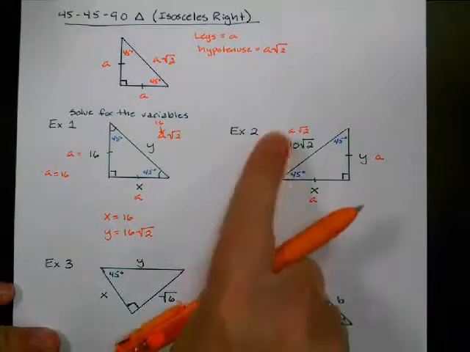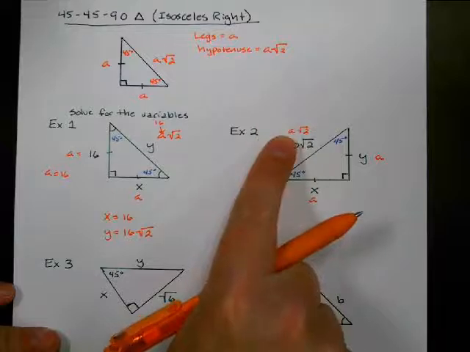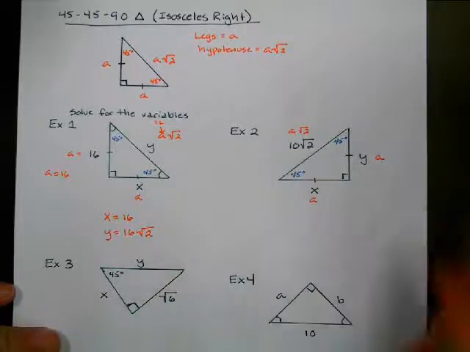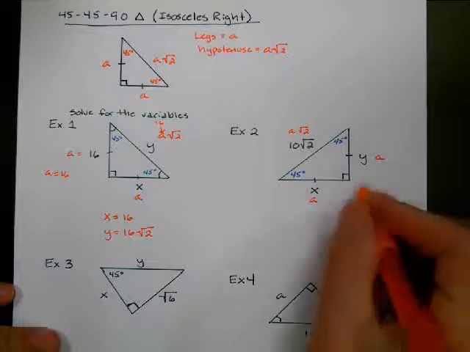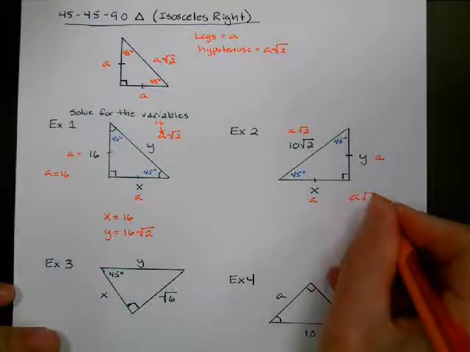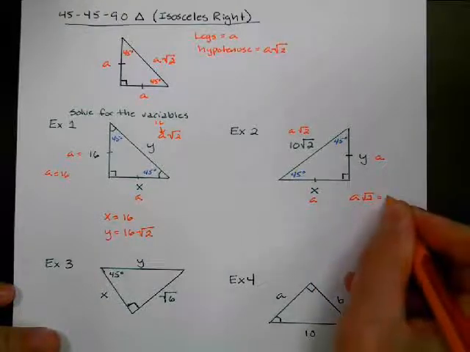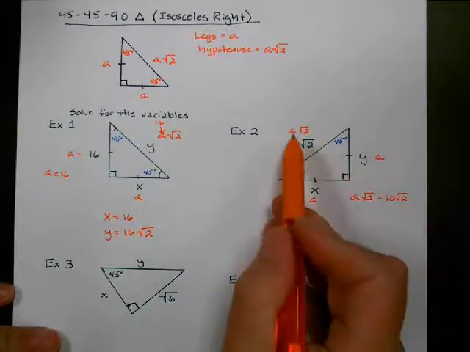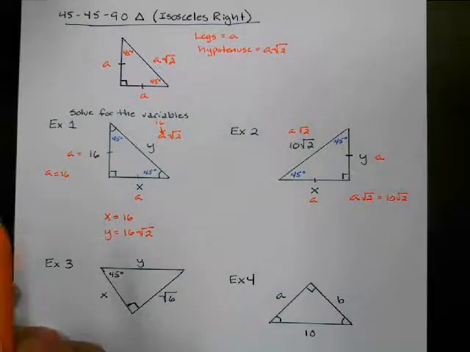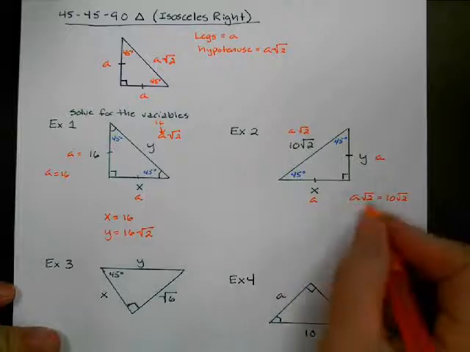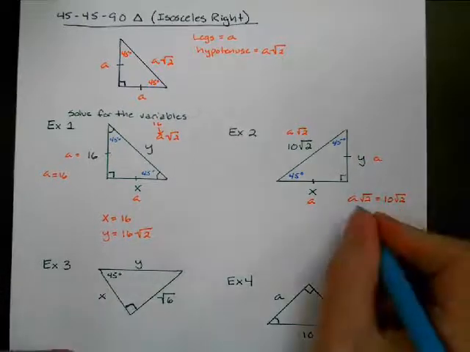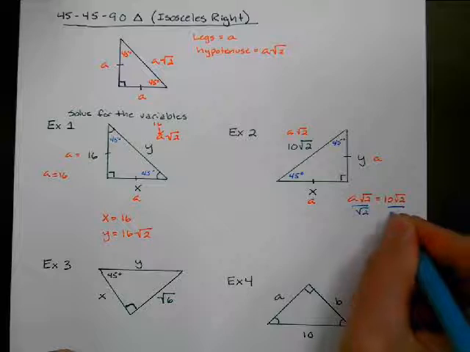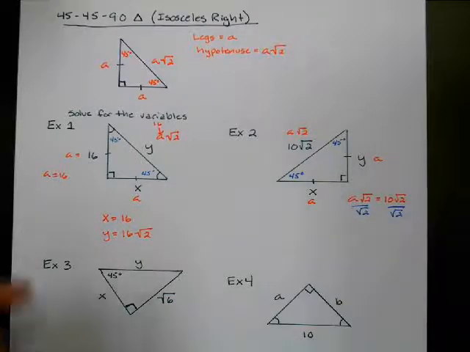So I want to find out what a is, but right now all I know is that a root 2 equals 10 root 2. So I'm going to write that down. a root 2 is equal to 10 root 2. Now I said before this is a times root 2. So how do I get rid of multiplication? I divide by root 2. So I'm going to divide this side by root 2, and I'm going to divide this side by root 2. And so